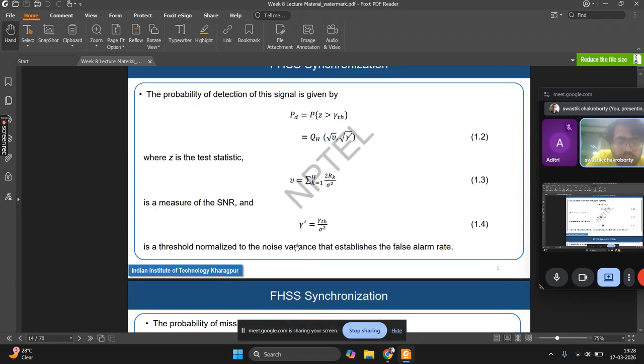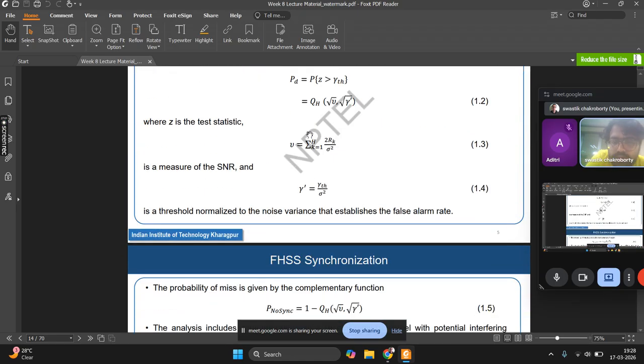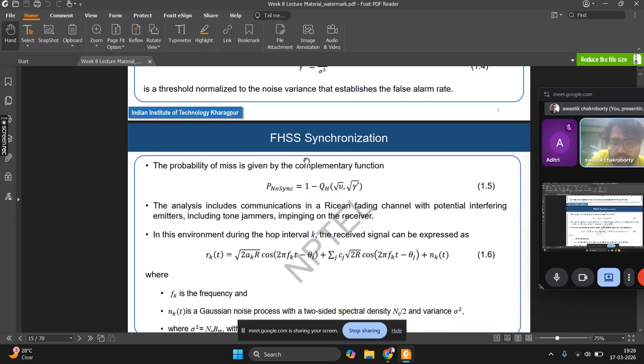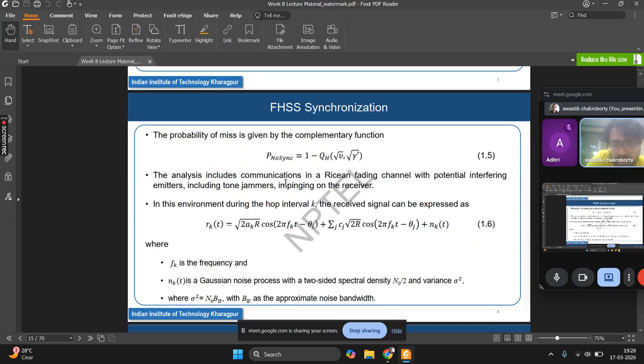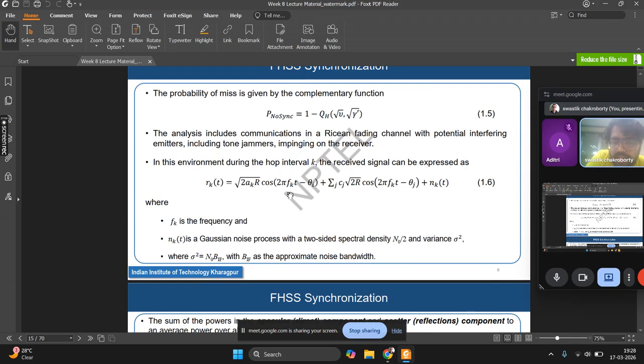Yeah, so the probability of detection is given by this. Here the probability of miss is given by 1 minus that. This analysis includes communication. Now, what is the environmental assumption for this analysis? That the communication is a Rician fading channel with potential interfering emitters, including tone jammers, impinging on the receiver. So we incorporate all that to get the particular hop frequency, and then we have the particular jammer, and here